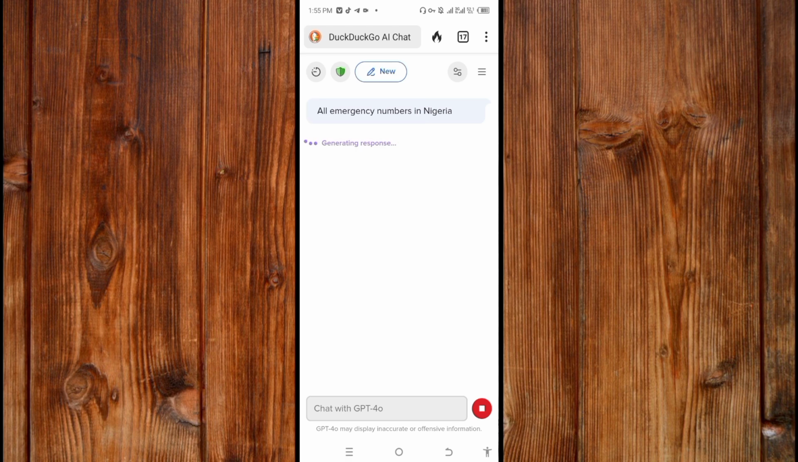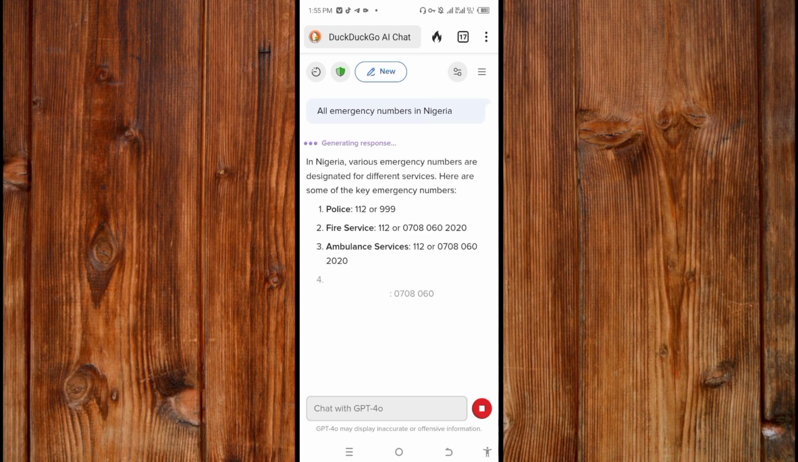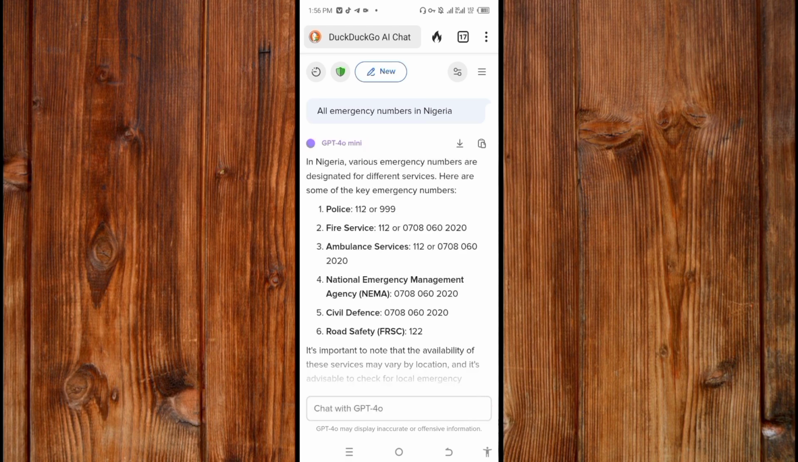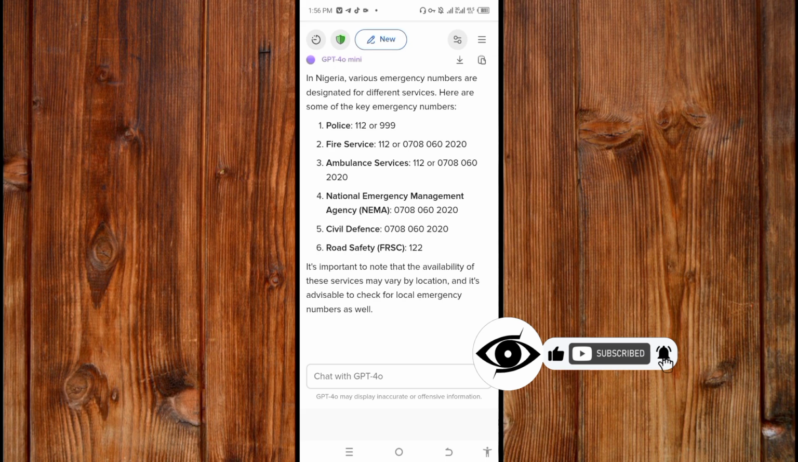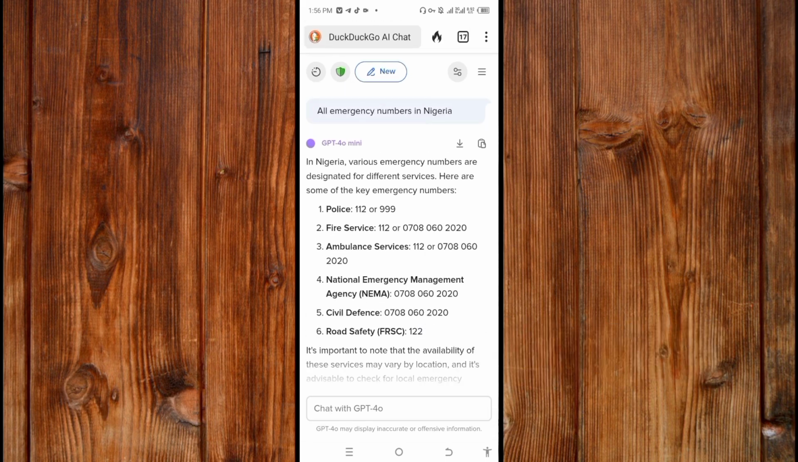Now wait for it to generate the response. As you can see, you see all emergency numbers in Nigeria. You see it. Always remember to recheck it all the time or to retype it to know if the numbers have been updated. What you do now is just copy it like this. You can see it. Just copy it like this